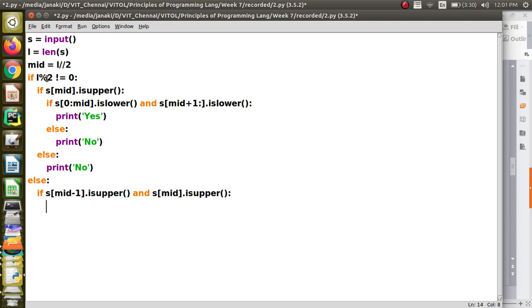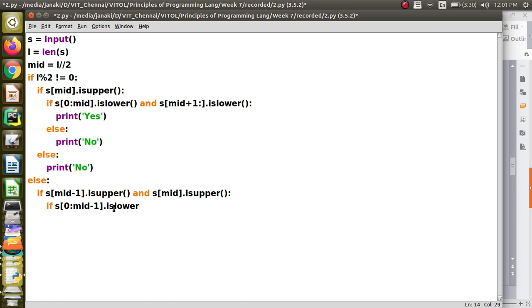What will you check? Once again, you have to see the left. When you look at the left for an even string, it will start from 0 and it should stop before mid minus 1, right? So I am saying 0 to mid minus 1.